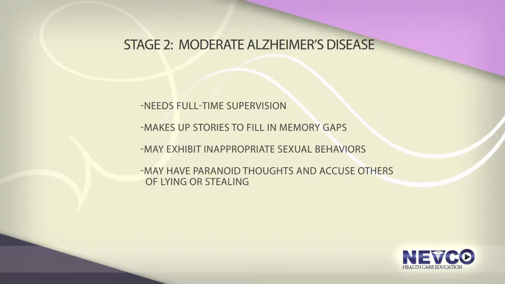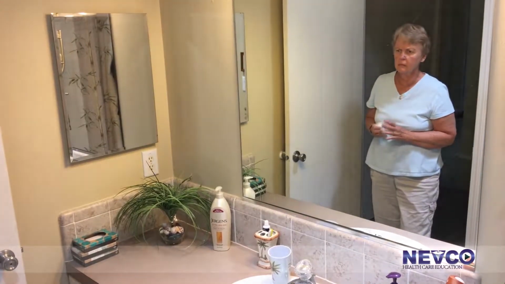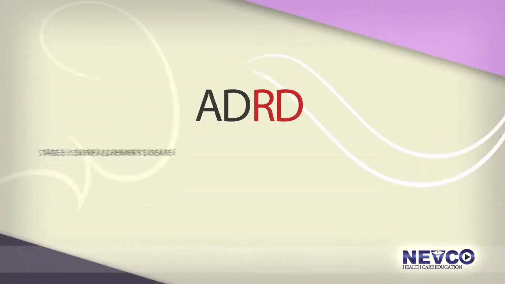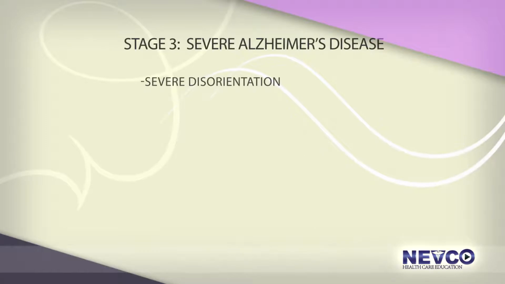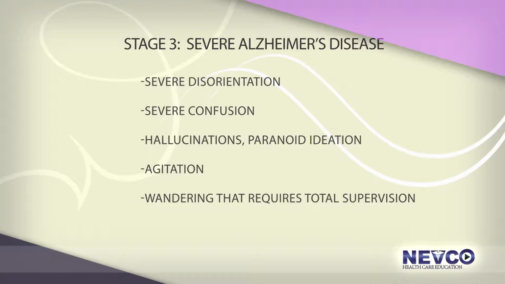of lying or stealing. The final late stage of Alzheimer's disease usually lasts from 1 to 3 years. Clients at this stage usually exhibit the following dementia-like symptoms: severe disorientation, severe confusion, hallucinations, paranoid ideation, agitation, wandering that requires total supervision,